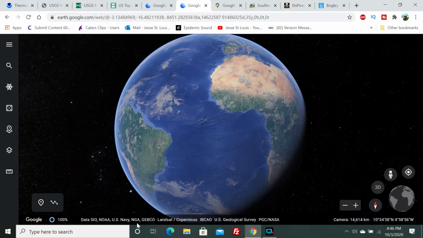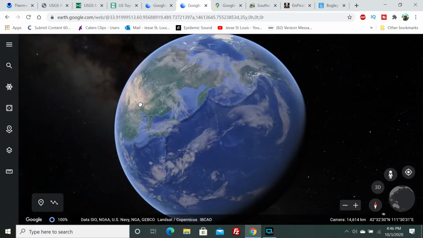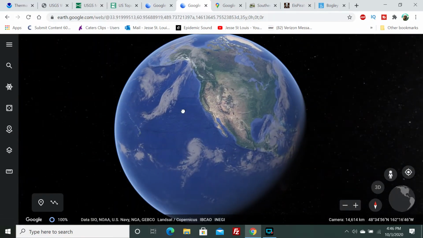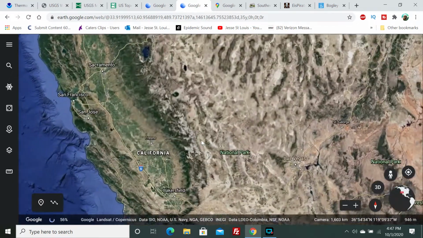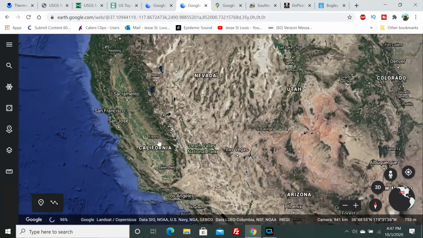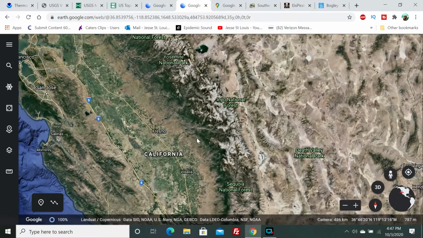NOAA, US Navy, all this stuff. And so it combines to form just such an accurate representation and a 3D representation of the world that we live in. So if you're not familiar with Google Earth, it is like Google Maps on steroids. So let's just dive in here and